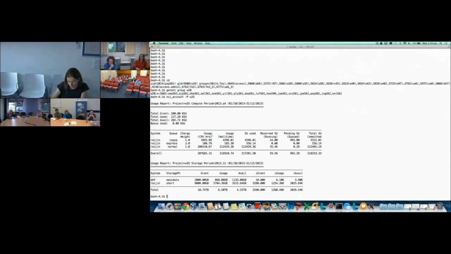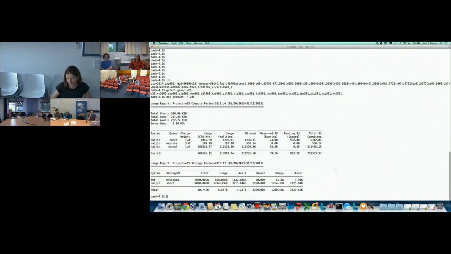then the other queue. The usage that has been used, how many CPU hours have been used, and how much wall time and SU used. And it also reports the reserved SU. This is jobs that are actually running, so it's not a definitive figure. It's based on how much is being requested by the person who submitted the jobs, and the pending SU is what has been queued. And so this is the total SU committed. This is a sum of obviously what has been used plus what has been reserved to run the jobs that are currently there.